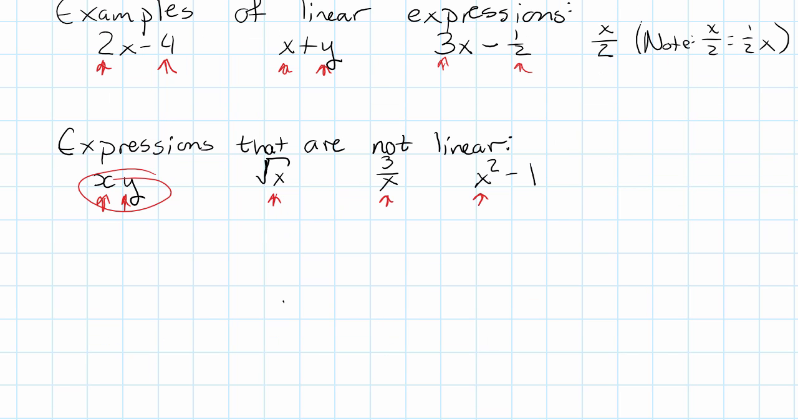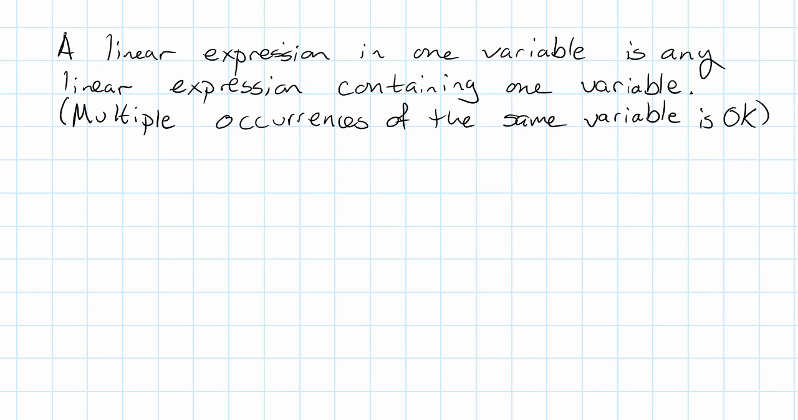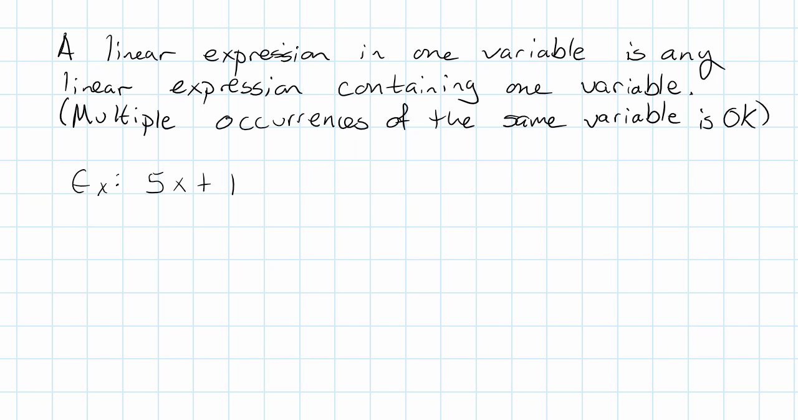Now, for this unit, we're going to be especially interested in linear expressions in one variable. A linear expression in one variable is just exactly what it sounds like. A linear expression in one variable is any linear expression containing one variable. Multiple occurrences of the same variable is okay. So for example, 5x plus 1 would be a linear expression in one variable. 2x plus 3x, still a linear expression in one variable. Notice these are the same variable,